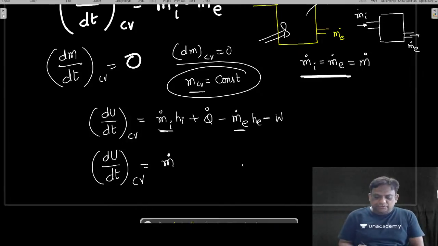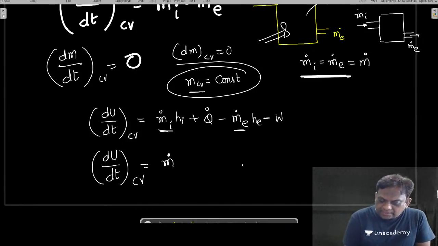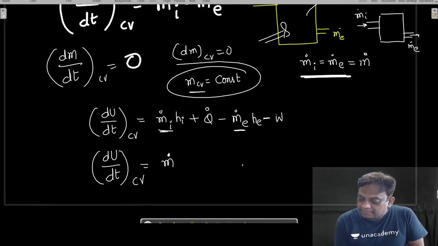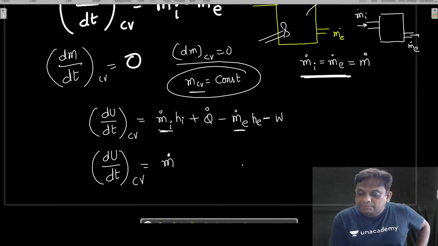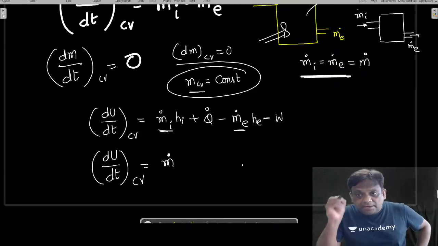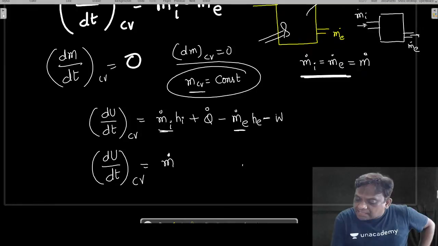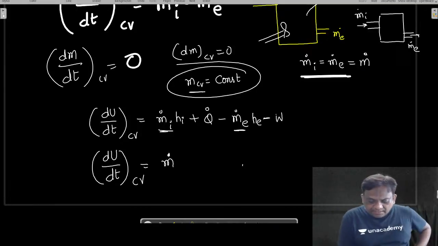हाँ, wonderful my dear students. Can you tell me what is m dot i, m dot e? m dot i, m dot e is equal to m dot. You tell me what is m dot? It is mass entering, mass leaving. But this mass and control volume mass are both different. See, mass entering, mass leaving is different, control volume mass is different. समझ में आया? This is m dot.